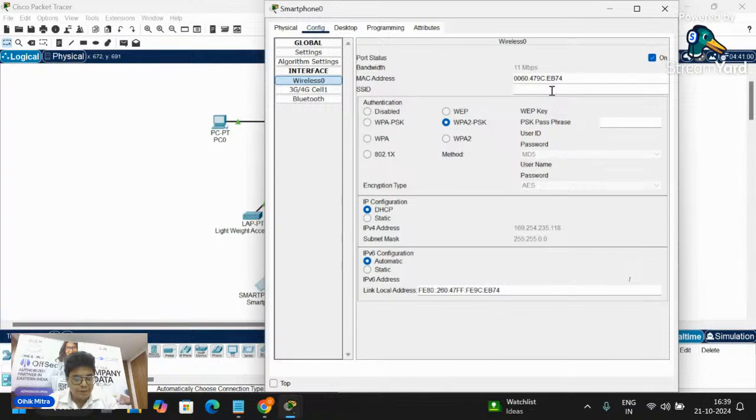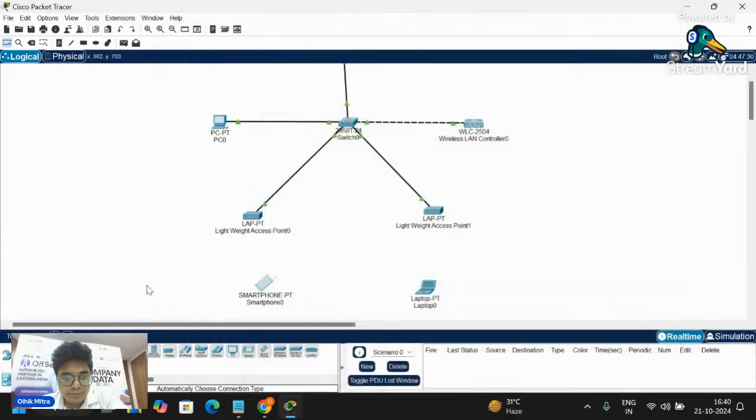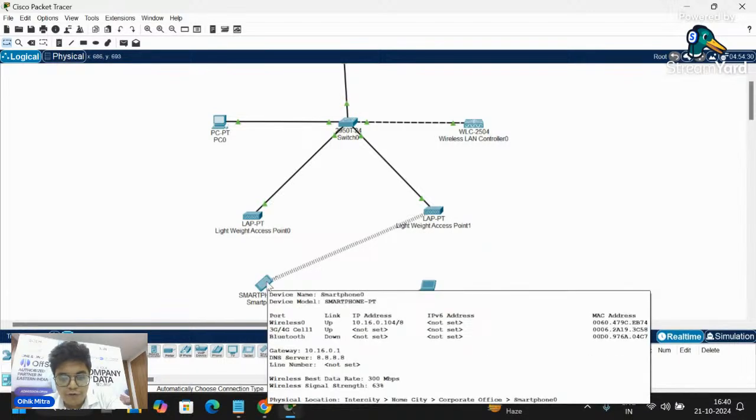Remember, WLC was set up in the wireless LAN controller, and the pre-shared key was admin123, the Wi-Fi password. Okay, as you can see, it is connected to the access point. If you hover over this, as you can see, the smartphone got an IP on wireless zero, right?